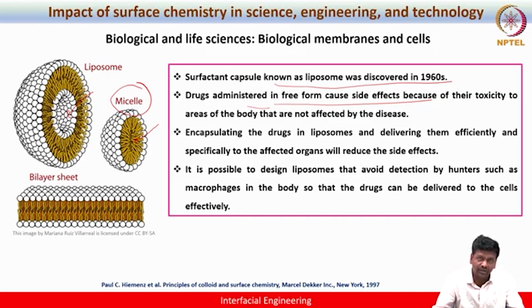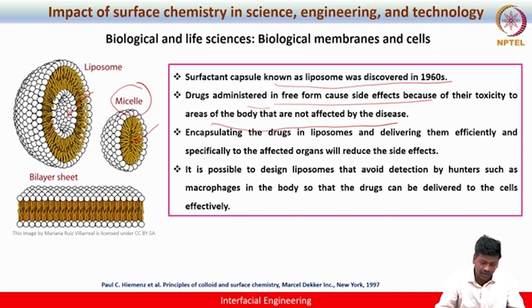Generally, when you consume a drug in the free form, in a conventional way, it also creates some sort of toxicity to the areas of the body that are not affected by the disease. So the conventional drug delivery system doesn't work effectively, because it is also delivering the drug into the areas which are not affected by the disease, right? Whereas it is possible to employ liposome as a drug delivery vehicle, which will not be detected